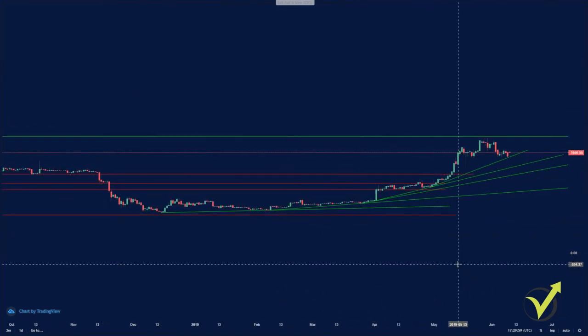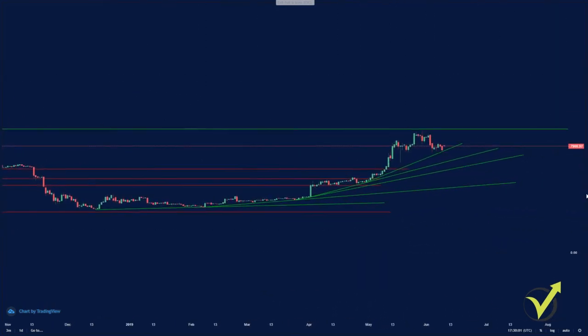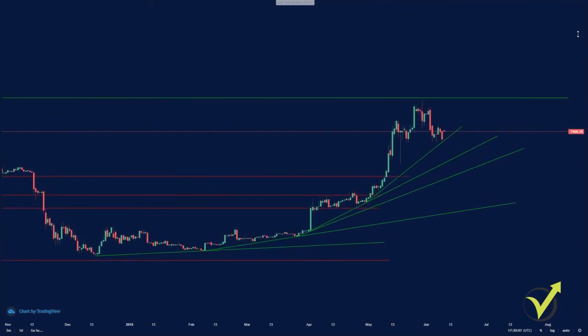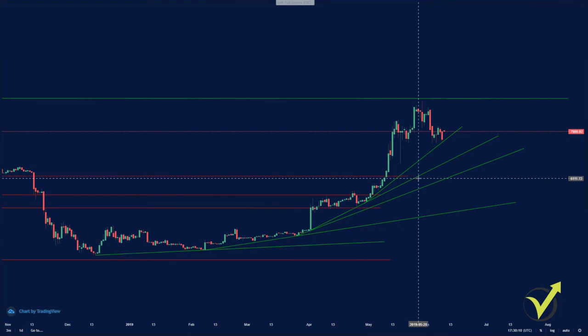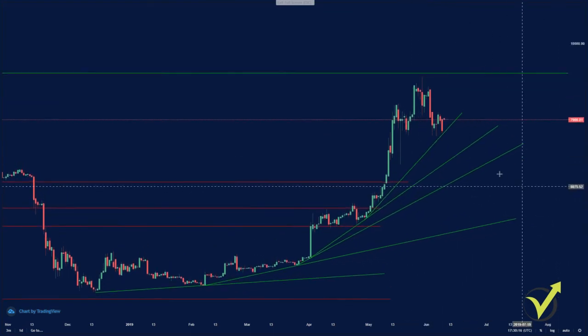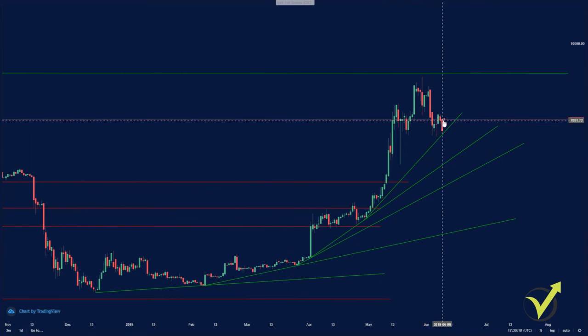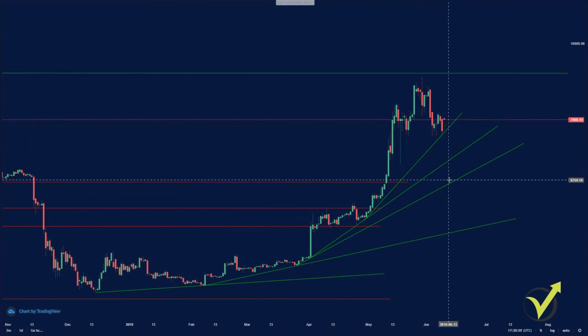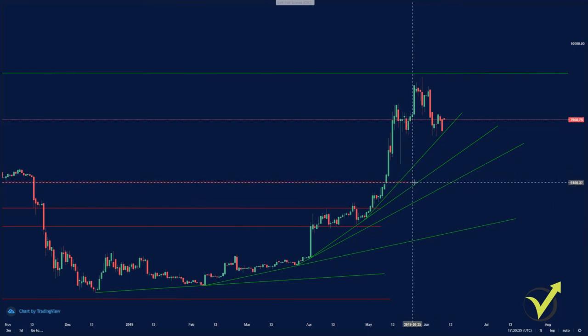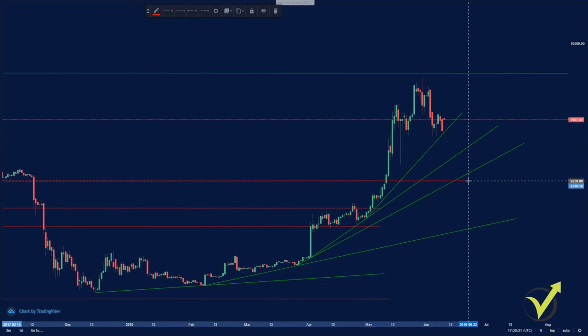They are very useful, and very interesting sometimes because the price stops at these lines, and especially if they match with the support and resistance, this level becomes more important. So if the price goes down, for example, to right over here, there will be a trend line, and at the same time there will be a support level from this line over here, and it will become an even more important level down here around